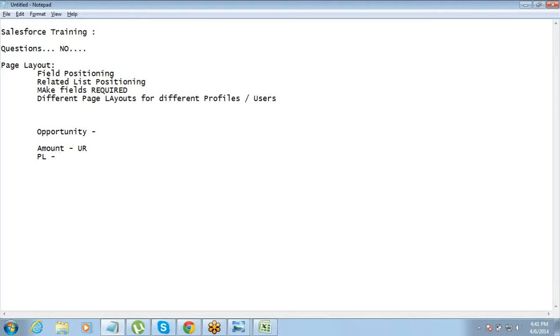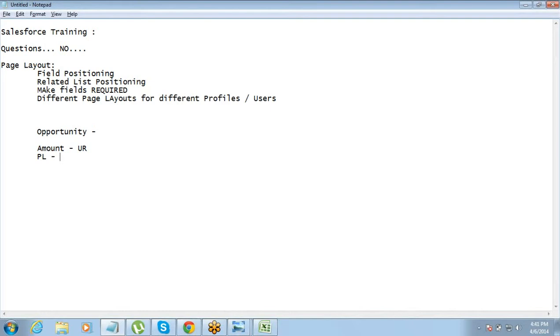Basically, in the page layout, if a field is something which is hidden in the page layout, that field will still be there, and it will still be accessible through the backend. You're right. In the front end, you will not be able to see that field because it's hidden. Right, exactly. So page layout is just the interface. From the desktop, if you remove something from the desktop icon, that thing does not necessarily get deleted. It might be there at the backend, right? So page layout is just the interface.